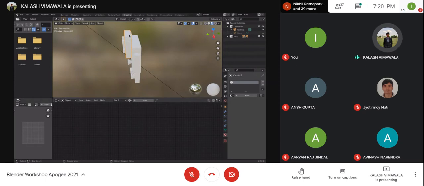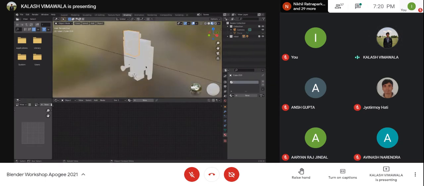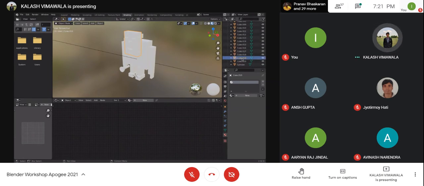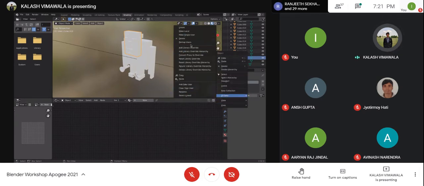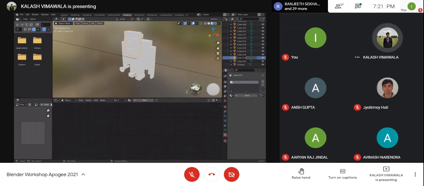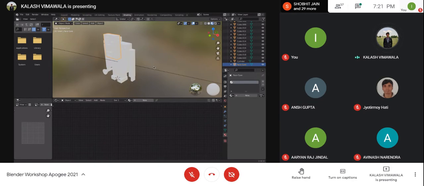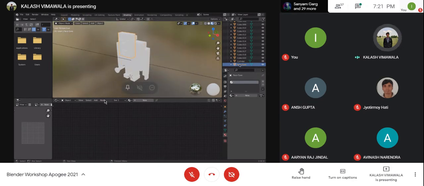The cube that I've selected is the face. For the face, you can see it's labeled as cube 019, right? One of the things that you should generally do when you're working is go on this object, right click, go to ID data, and you can see rename over here. So if you rename it to face core, that way you'll be able to easily locate your objects whenever you're working with them, and that will make your work time really low. So now we're in the face core.